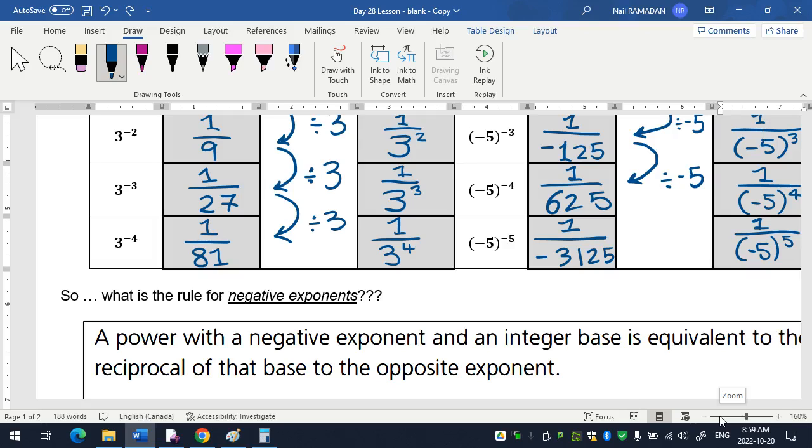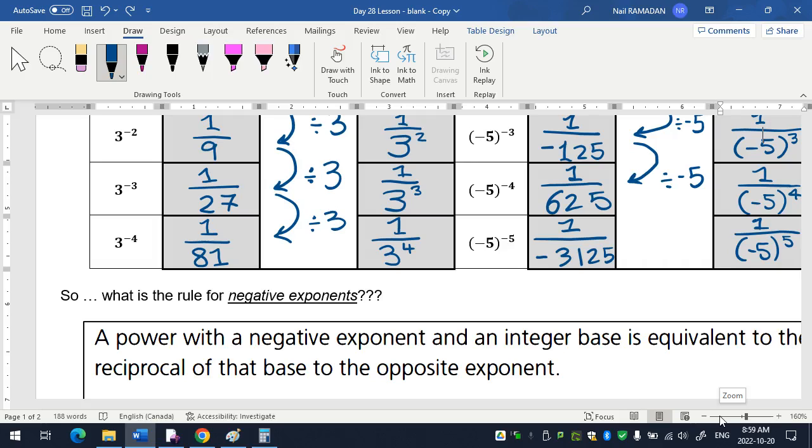Everyone, my base was always what? What was my base here? Base 3. What was my base here? Negative. But they were still whole numbers. I did not use fractions. I'm using whole numbers. So a power with a negative exponent and an integer base, like a whole number base,